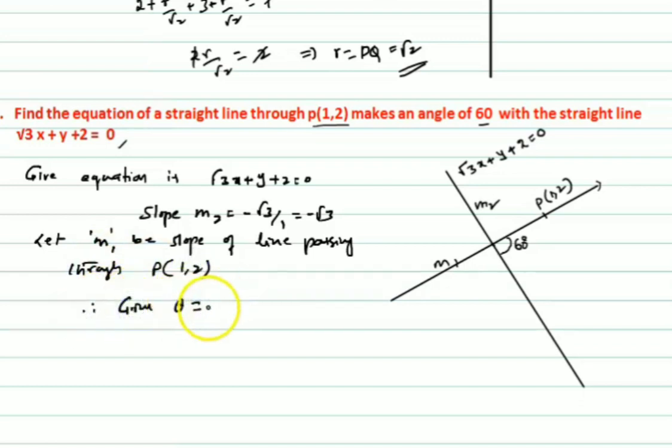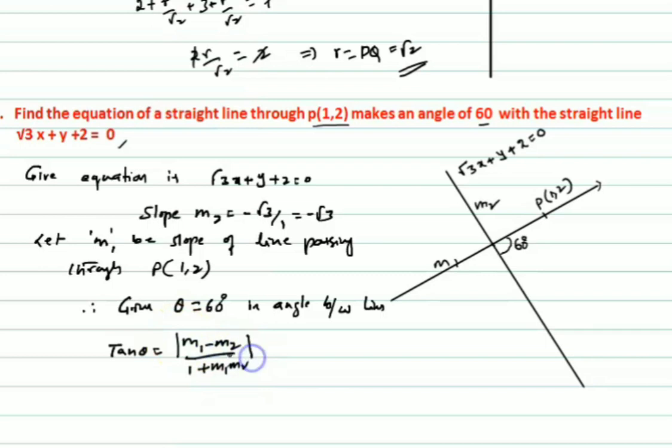Therefore, given the angle between the lines theta is equal to 60 degrees, we know the formula: tan theta is equal to modulus of m1 minus m2 by 1 plus m1 m2. Since tan theta is equal to tan 60, which is root 3, it equals modulus of m1 minus m2, where m2 is minus root 3, so minus of minus root 3 is plus root 3, by 1 plus m1 into m2, which is minus root 3 m1. So this implies